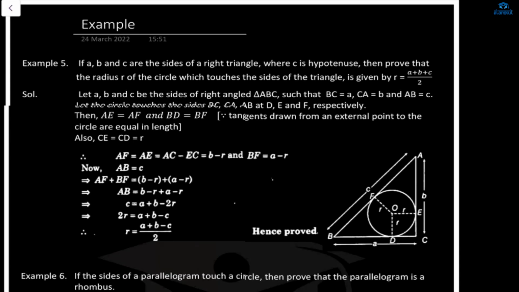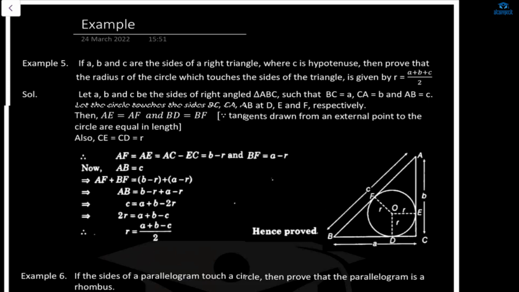This is the same as your previous one. But here the question is a little bit different. Here what you have to do: if A, B and C are the sides of a right triangle, where C is the hypotenuse, then prove that the radius R of the circle which touches the sides is given by